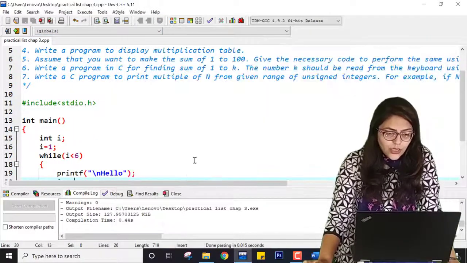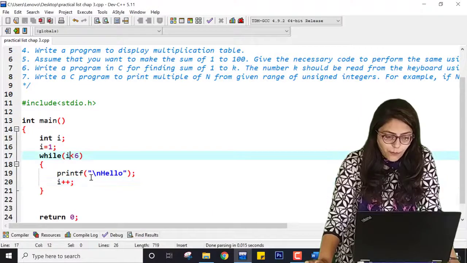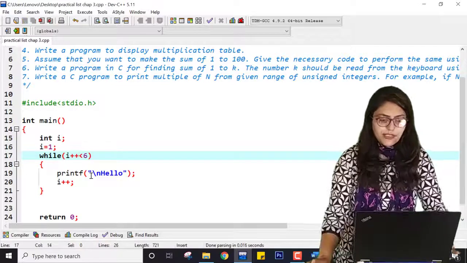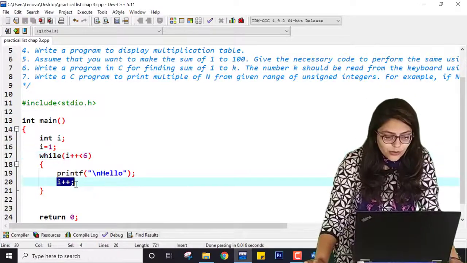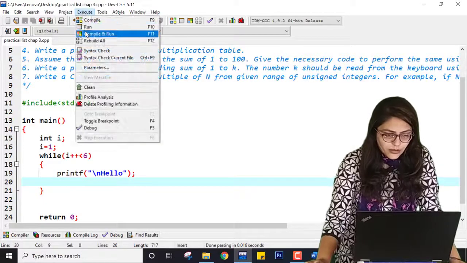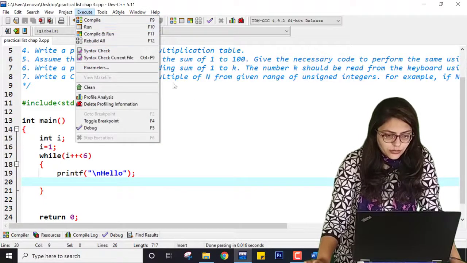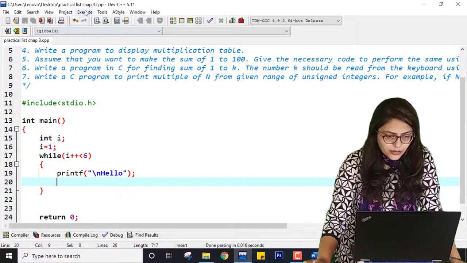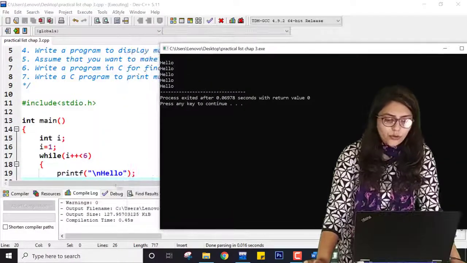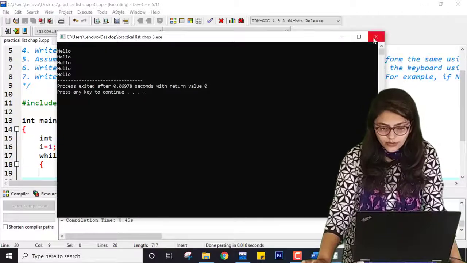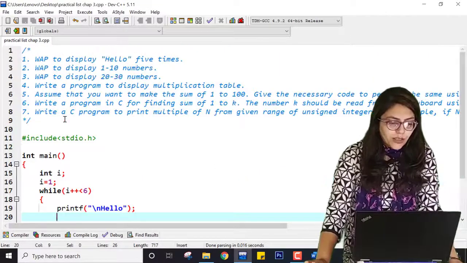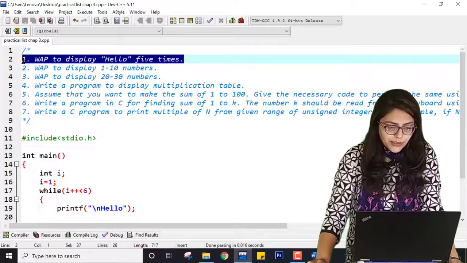Also, if you are very good with operators, then you can write i plus plus is less than 6. You can also write something like this. If I save this program, compile it and run it, you can see it is giving me similar output. So you can write any logic for this. I have shown you so many ways, and you can even find your own way. So this practical completes.